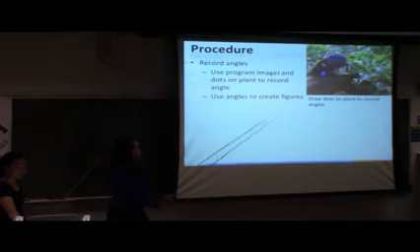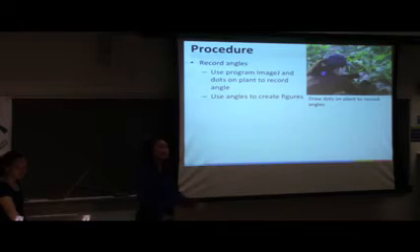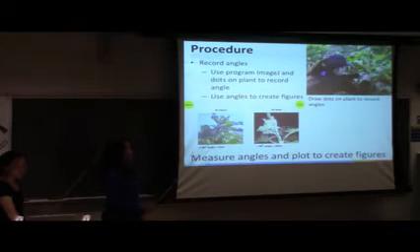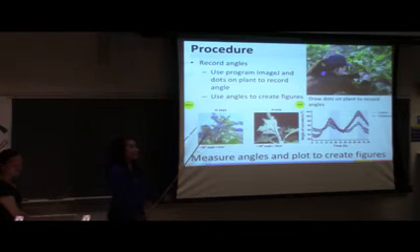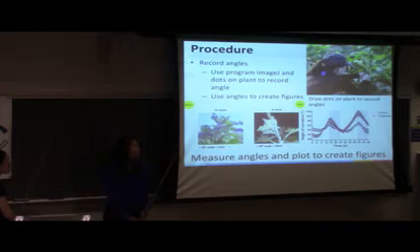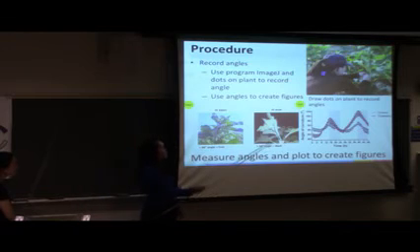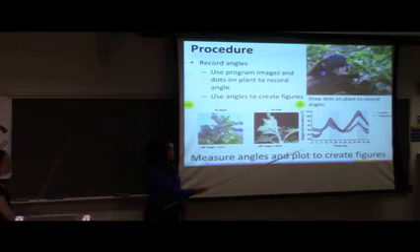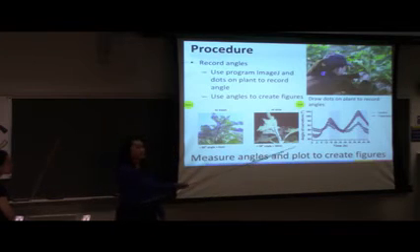So in the field, we drew dots on our plants so that we could measure our angles using this method, if you remember. We used the program ImageJ to record the angle of the plant every hour for 48 hours and plotted those angles on a graph on the y-axis with the x-axis as time to create figures like this.